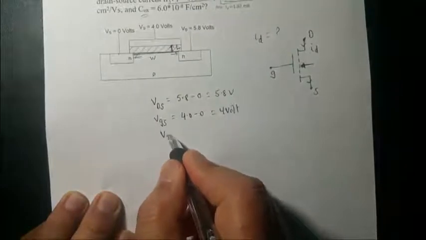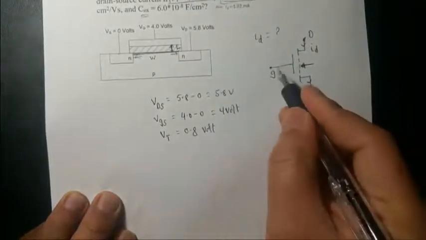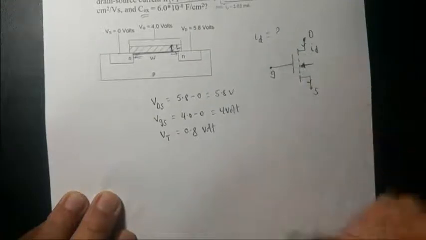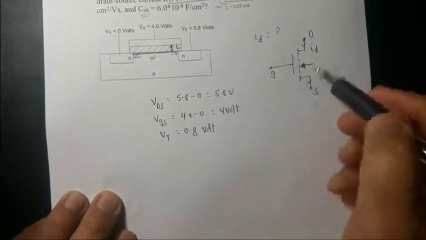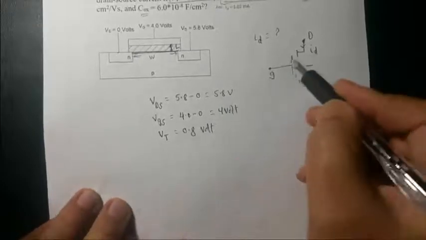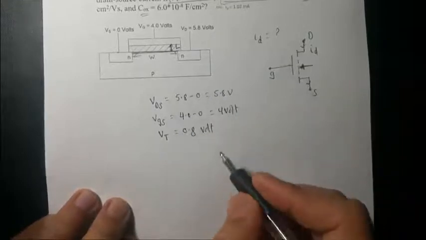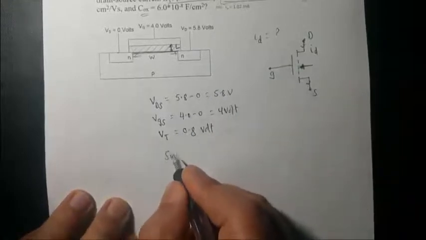You're going to need at least 0.8 volts as a gate voltage to open up the transistor. In order to get the drain current, you need at least 0.8 volt as a threshold voltage at the gate, right? So these are the given parameters. Since here you can clearly see, you have to check